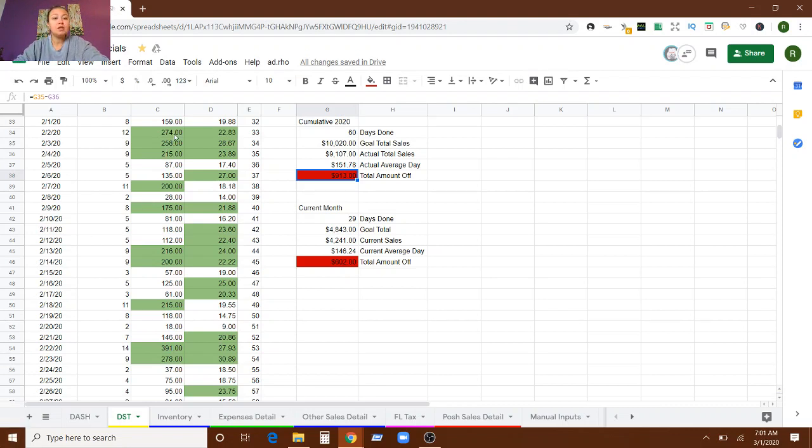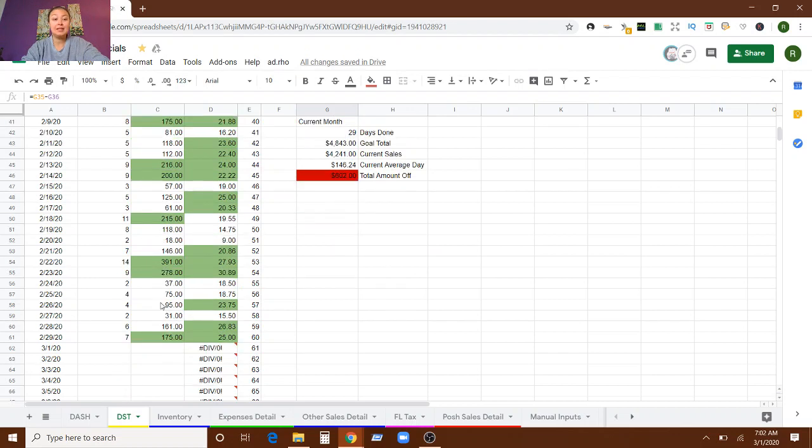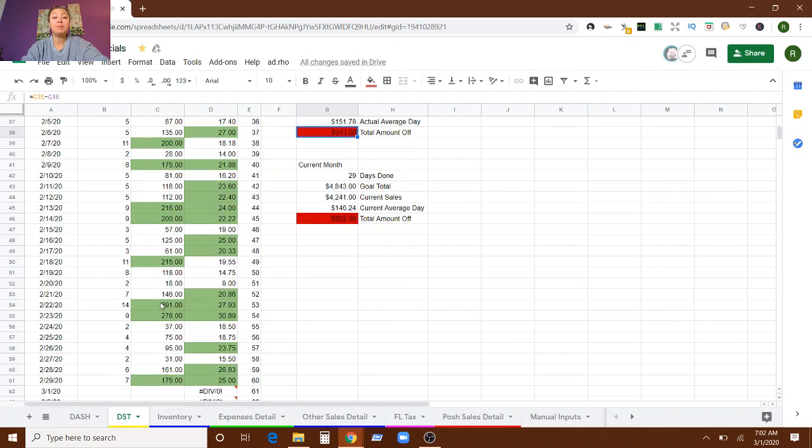So if I can be in the $200 range more days than not, that will help me track higher, because again, my goal is 167. I had 10 days of the month that were in the $200 range,